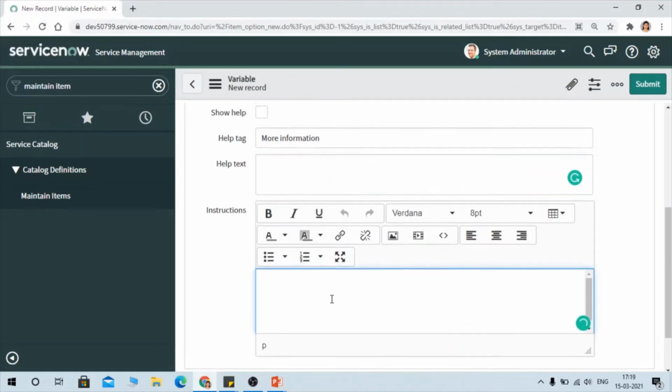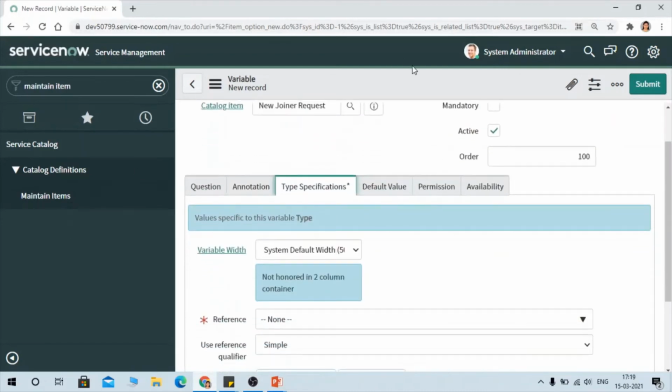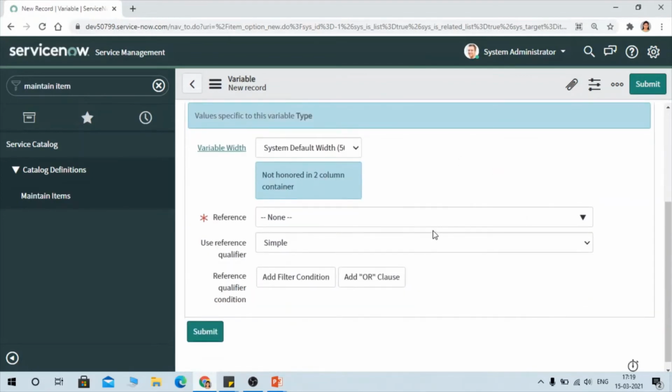Instruction also you can give. I mean, it's totally up to your comment. And I have been saying this every time, I mean, this can be used according to our requirements. If it's not required, we can just keep it like that. So you can change the size of variable width. Okay, so now we are not touching it.